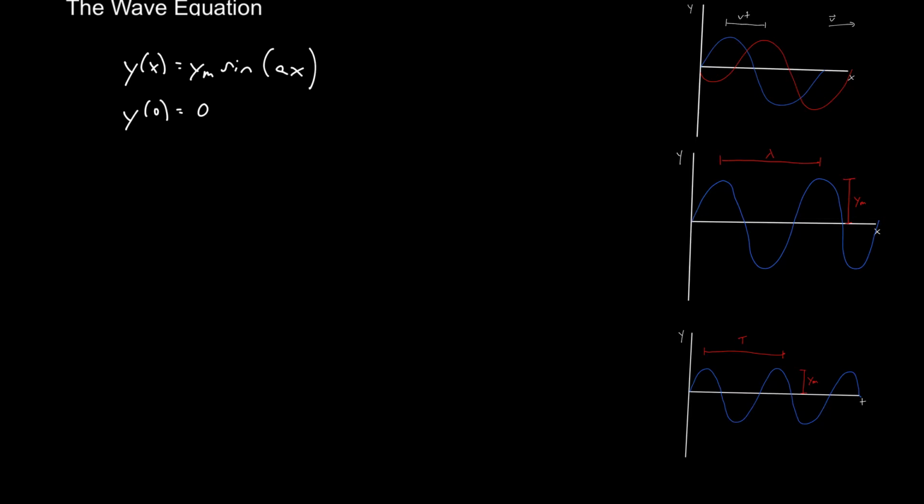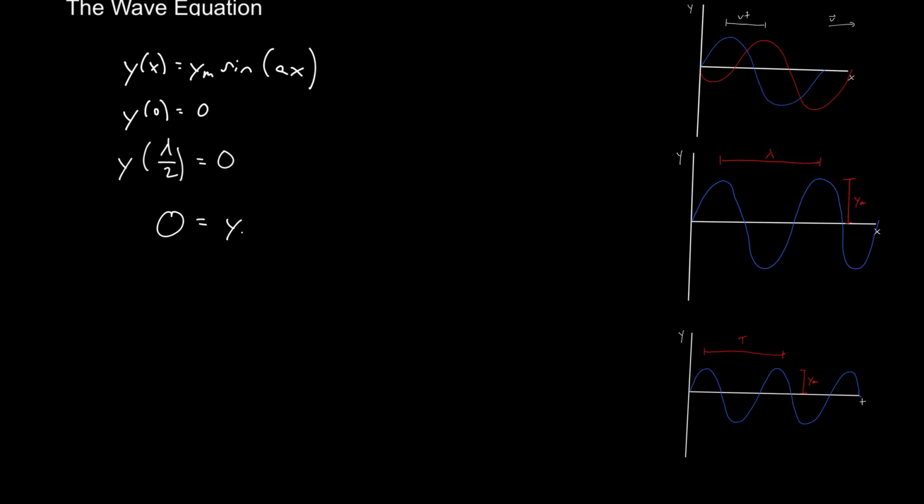And so the next point at which y equals 0 is going to be 1/2 of a wavelength away. So y was 0 here, y is 0 here, but that's a full wavelength. But the next point where this equals 0 is right here. So this is 1/2 of a wavelength. And we can write that like this: y of lambda over 2 equals 0. So if that's true,